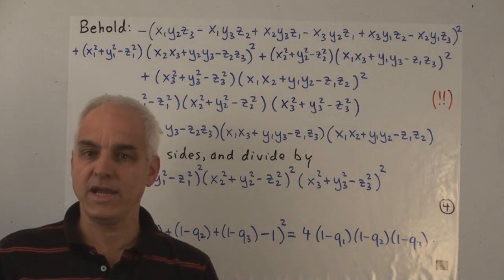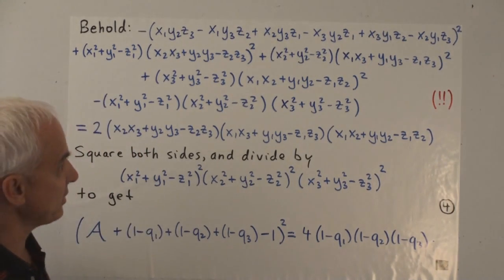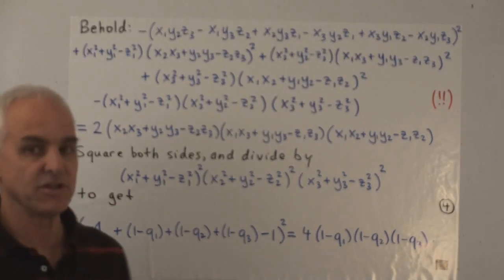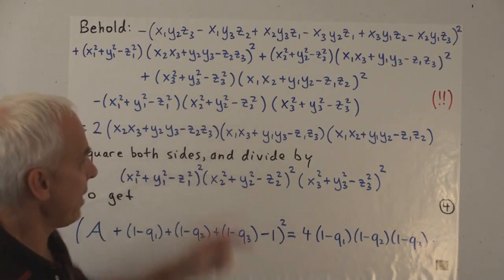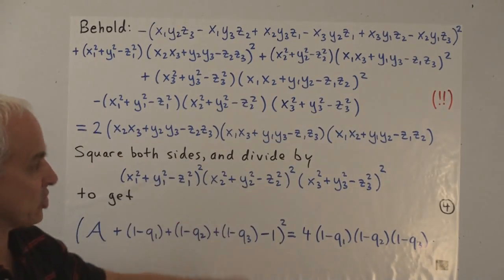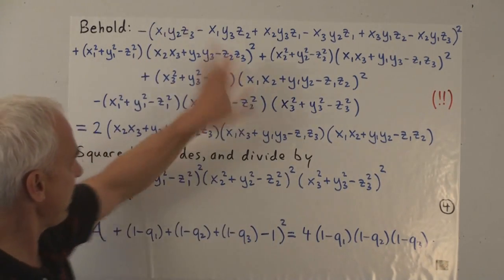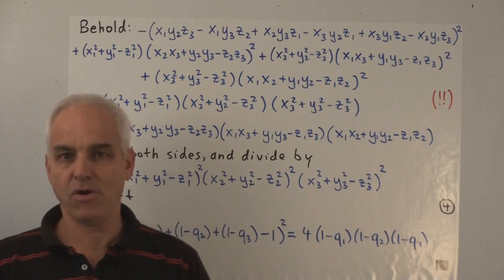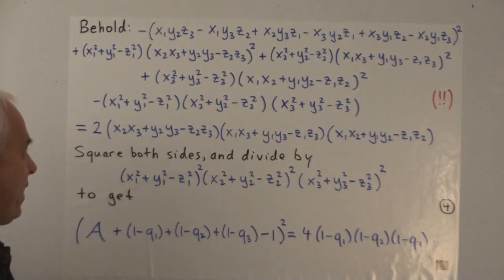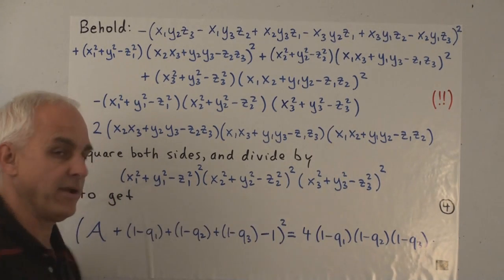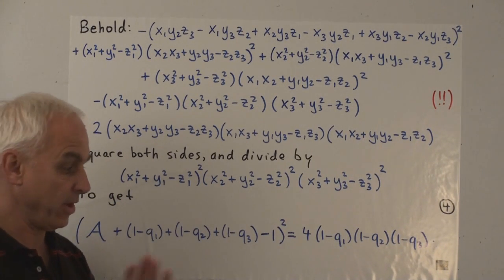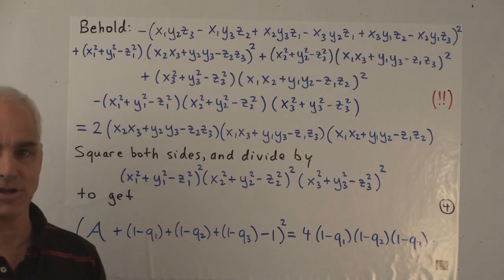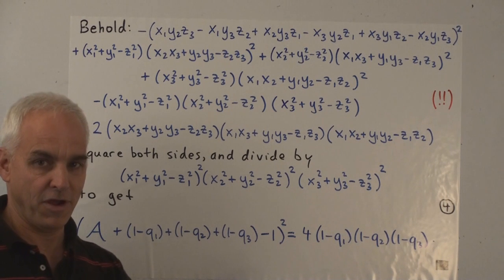Okay, so if you have a rainy afternoon, what you can do is you can say, all right, I'm going to expand this all out. There may be dozens of terms, but I can expand that out because it's just something squared. Expand everything all out, get some big bunch of all kinds of terms. And then we can expand out the right-hand side separately, and then we can compare the left-hand side term by term and see that everything matches up. Nothing left over on either side.